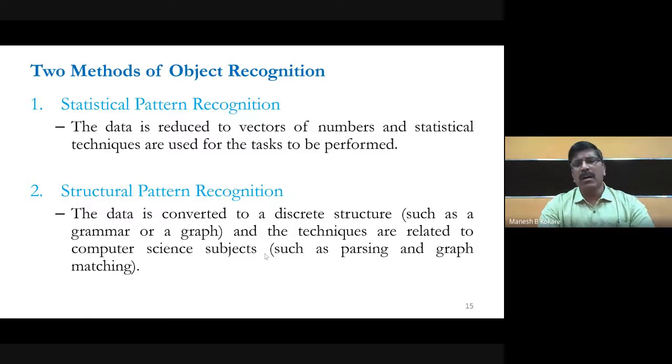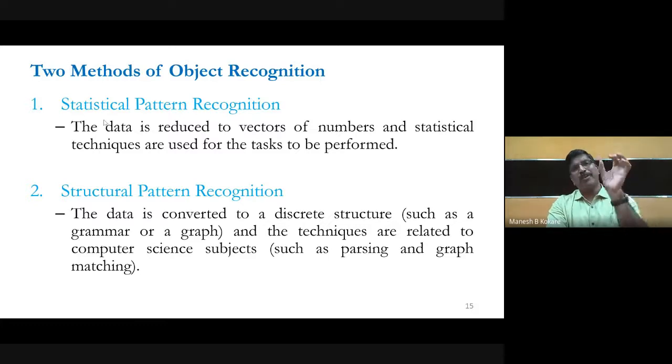Now in object recognition, in computer vision, there are two approaches for object recognition. One is statistical object recognition or statistical pattern recognition, and another one is structural pattern recognition or syntactic pattern recognition. In statistical pattern recognition, we extract the features, and these features are in the form of numbers.